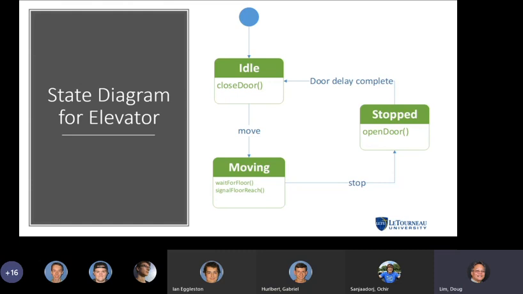I guess it's incorporated in the hardware for the elevator that there's a signal to floor reach, but I don't know why you would signal it when you're actually moving. It would probably be some other object, that class or object that I don't have depicted, that would be indicating that the elevator has reached its destination, because I wouldn't actually fire off an event when I enter into the moving state that the floor has been reached. That would be rather odd. So any ideas of how you would address that?